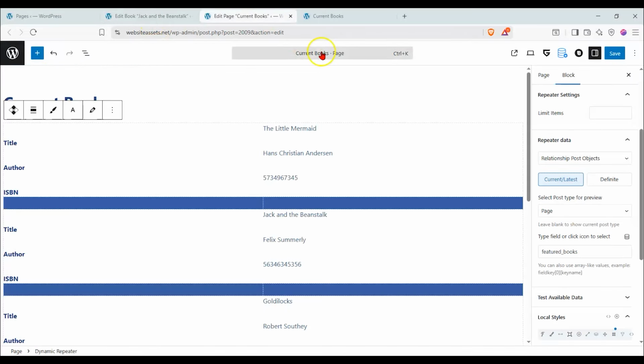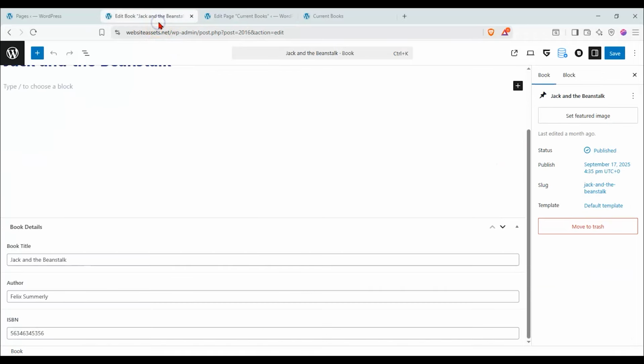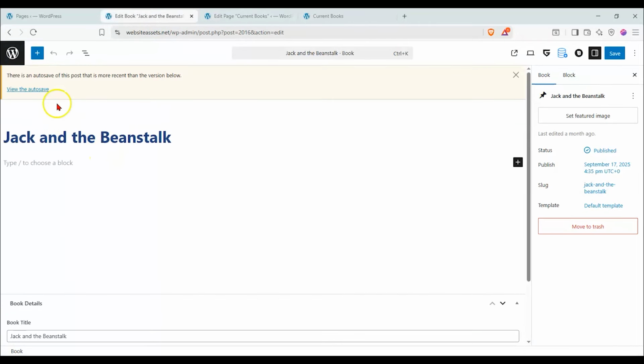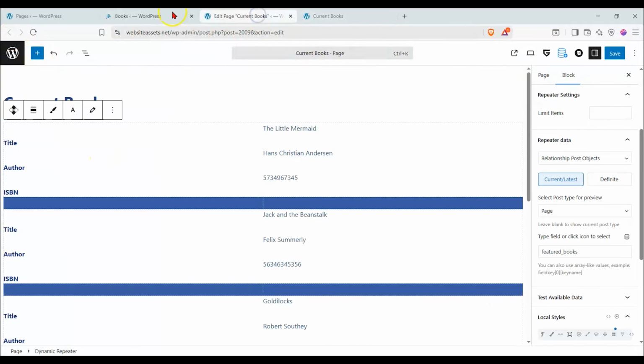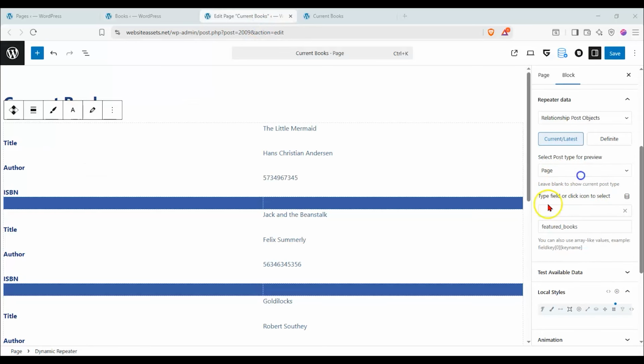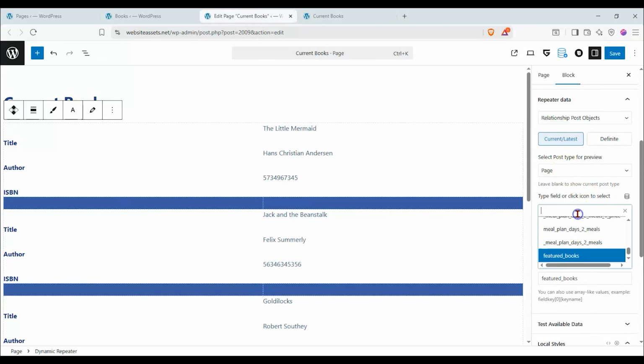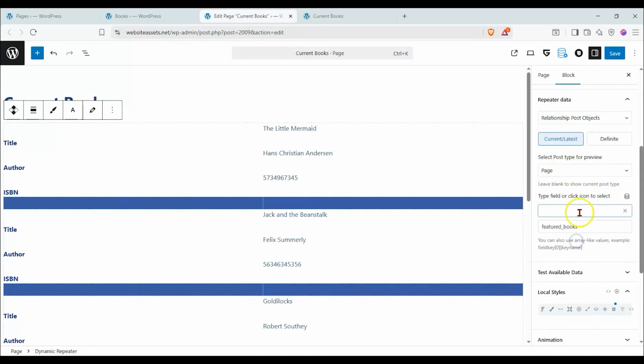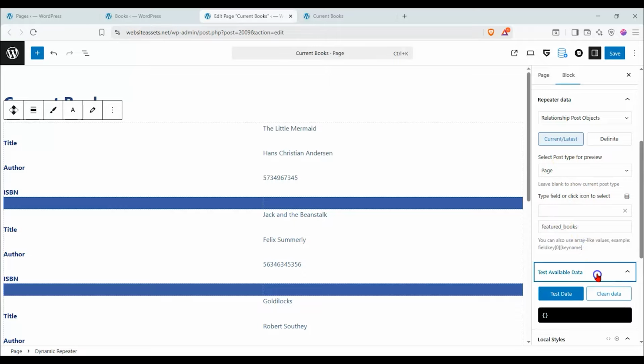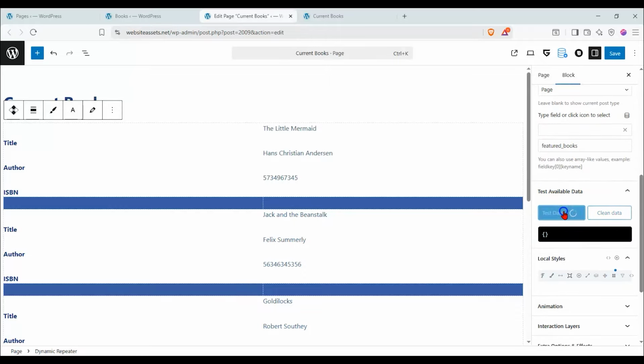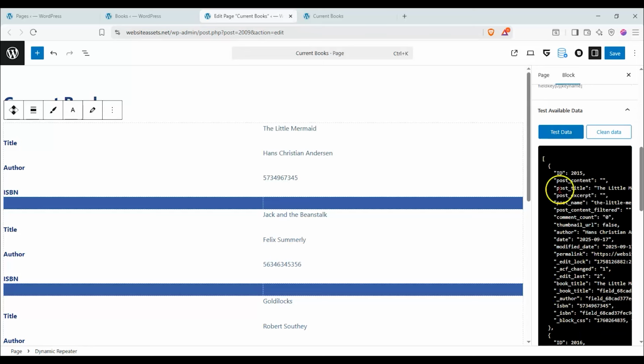Similarly, the current data that we're using here is what will be used for the front end. But in our case, since we have the books type here, post type or page type will have to be selected from here, right? So page, and then over here, we're going to want to put in our featured books, and it's set up as that. And then once we finally click on test data,